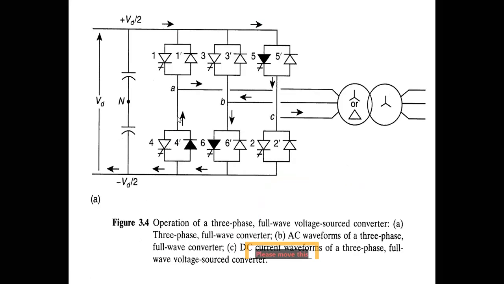Single leg operation is very important for three-phase operation and to represent the different waveforms. For the A, B, C waveforms, we simply represent them with respect to the capital N neutral as Vd by 2 or minus Vd by 2 if the lower turn-off device is conducting. Later, with respect to small n, the floating neutral point for delta star or star star connection, we express the voltages. This is 6 pulse. You will have all odd harmonics because the square waveform is symmetrical, so the even harmonics are absent. This neutral has triplen harmonics.